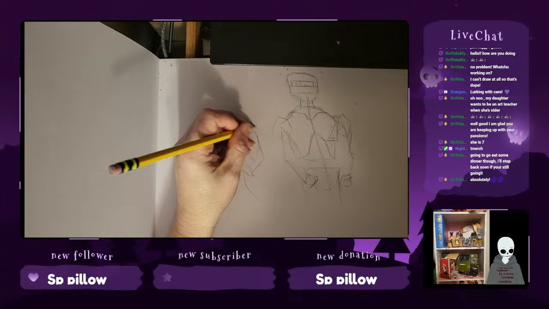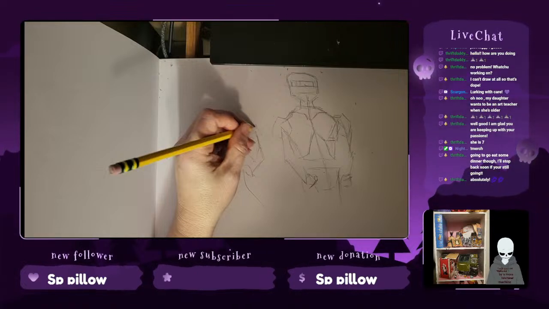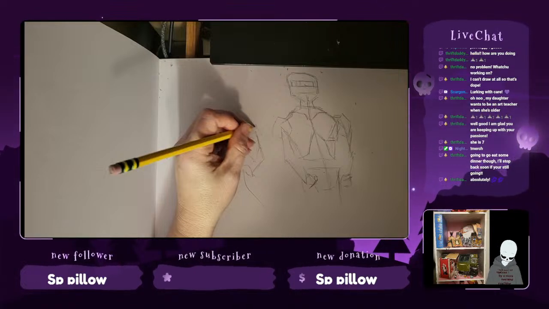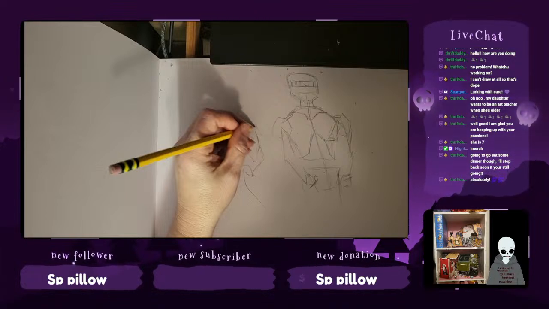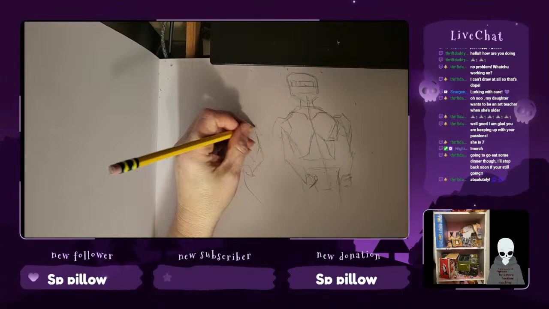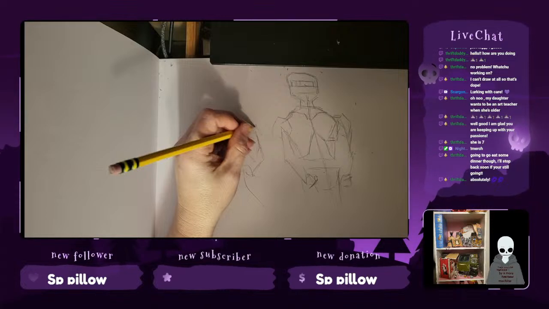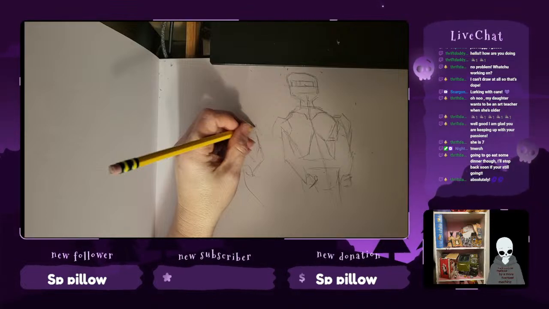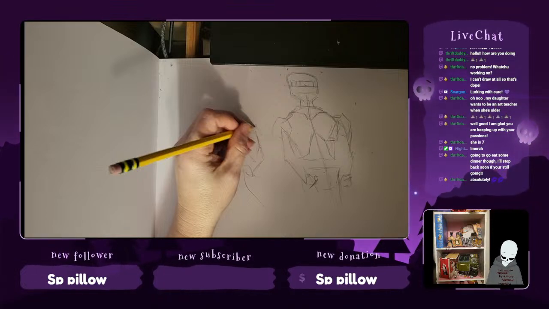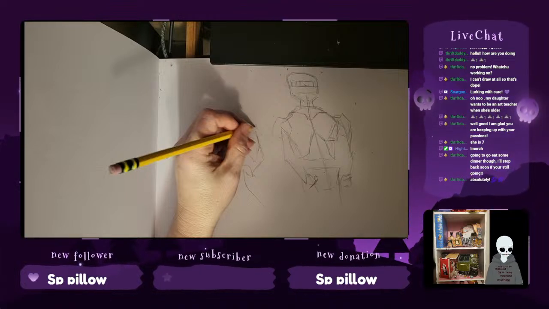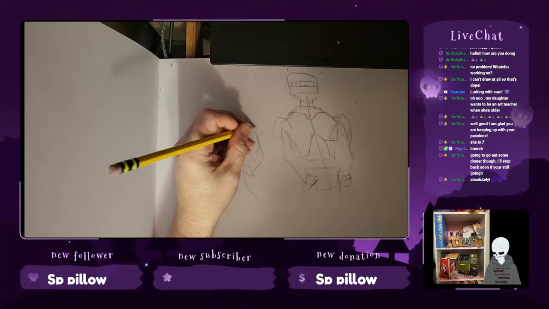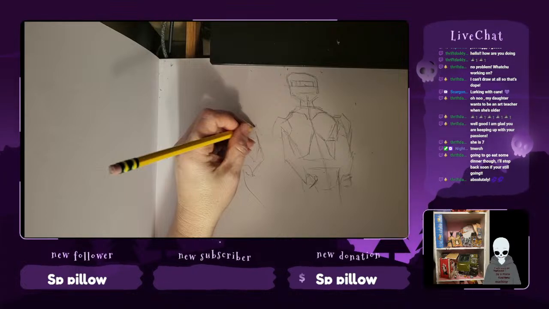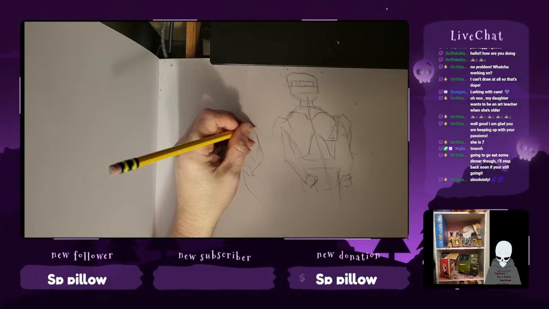Instagram is the worst for sharing photos because they do not want you to save their photos. So he's got this really cool chest piece that would just look awesome as a bunch of wires. So if I can get some higher res photos of that, I can really do something with it.